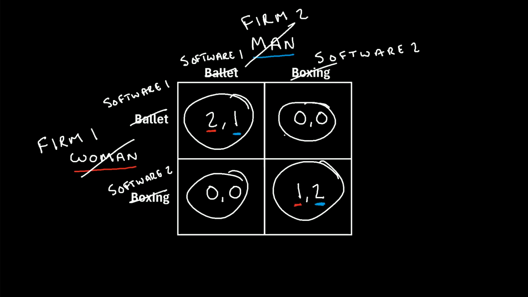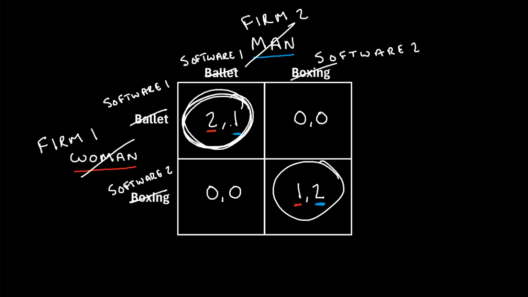Because in that case, if they choose different software, it might be difficult for all of the new employees to be working with 2 different types of software in one business. But we'll also see that firm 1 would prefer this Nash equilibrium because they get to use their own software that they have been using. So they get a slightly higher payoff. But similarly, firm 2 would rather end up at this Nash equilibrium where they're both using the software that firm 2 has been using because they get the higher payoff.